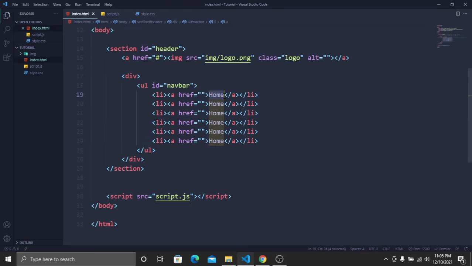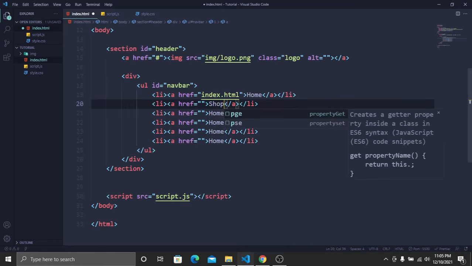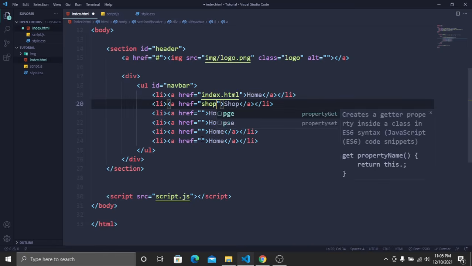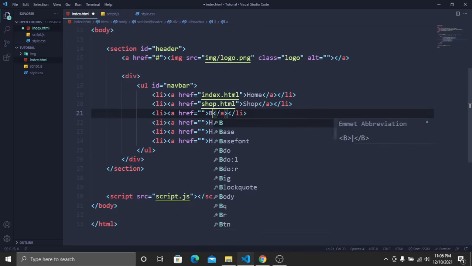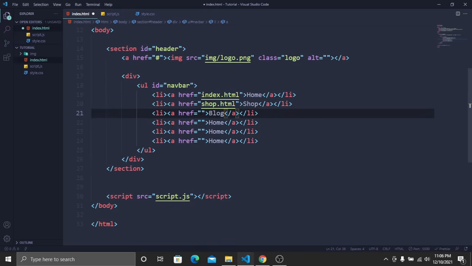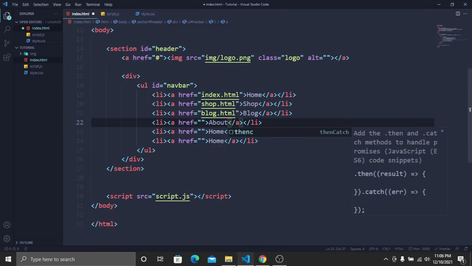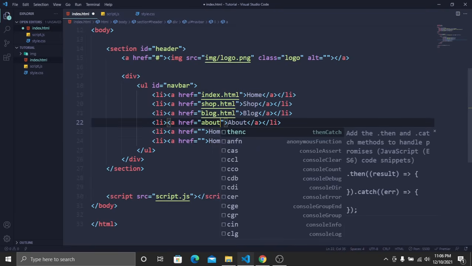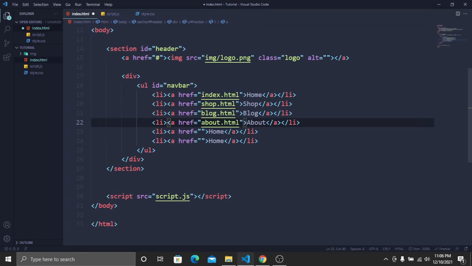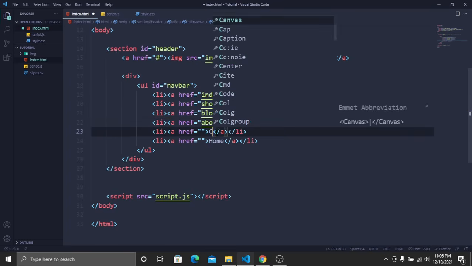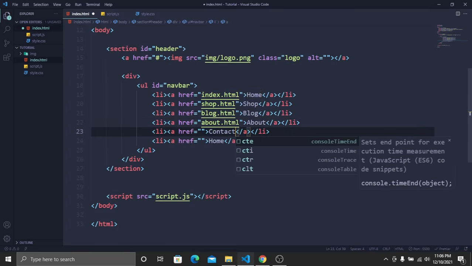For our home page, our address will be index.html. Then we have to create our shop page. For our shop page, our address will be shop.html. Then we have to create our blog page and our address will be blog.html. Then we have to create our about page and our address will be about.html. Then we have to create our contact us page and our address will be